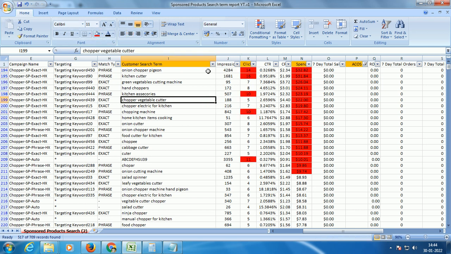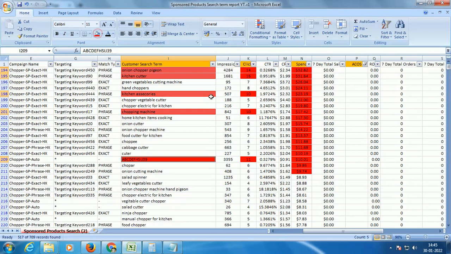So what I'm going to do is simply negate these specific search terms from the corresponding campaigns, right? If you have an ASIN, also negate that ASIN. So you need to negate these search terms or ASINs from the corresponding campaigns, as simple as that. Now what about the cells where you have under 10 clicks? You see there are a few more cells where we spend more than $9, but clicks are not 10. Clicks are less than 10,